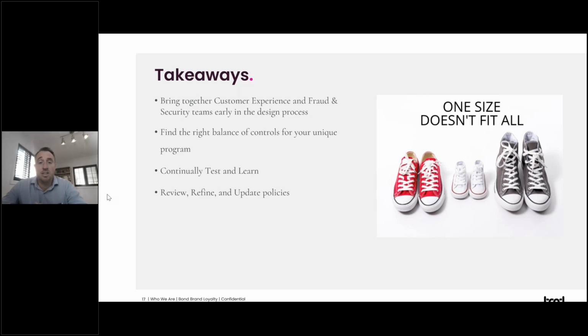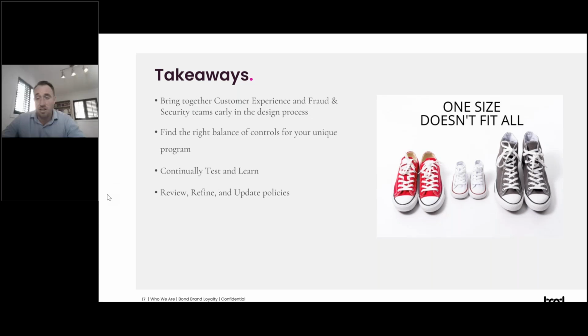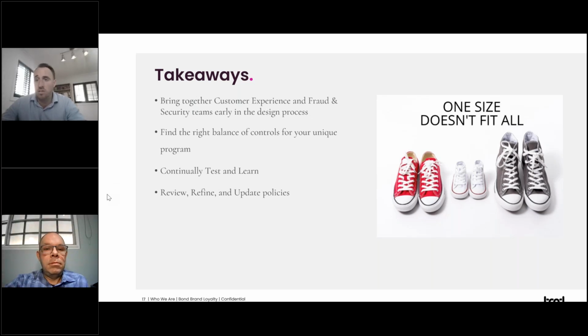And lastly, it's really an evolution. So, as Michael was just referring to, the fraudsters are getting more and more sophisticated with their attacks. So the solutions that were in place a year ago or even 6 months ago need to be refreshed and reconsidered. So it's a continual process. We need to continually evaluate and test the policies that fit the needs of your unique program, and build in a constant review process. Like, put it in calendars, quarterly, monthly, biannually, whatever, that we're taking a look at those policies